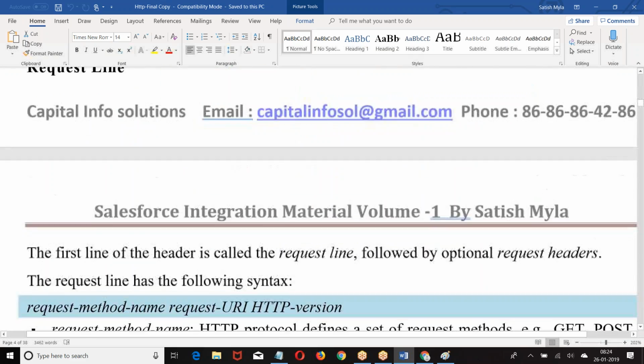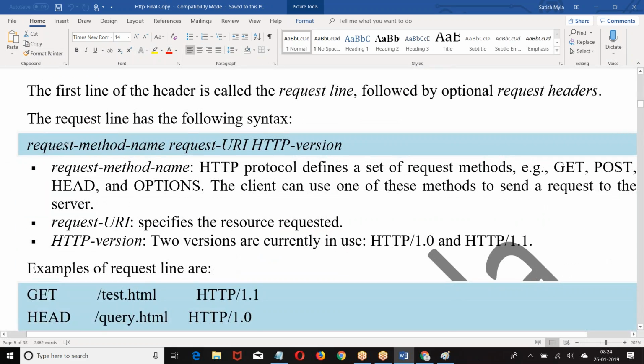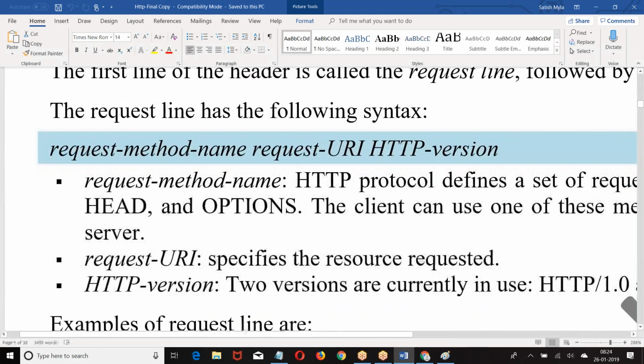Okay. Now, what is there in the request line? Request method. Request method means get or post or put or delete or options or trace. What type of request is this? Is it a get request, post request, delete or put or option or trace?